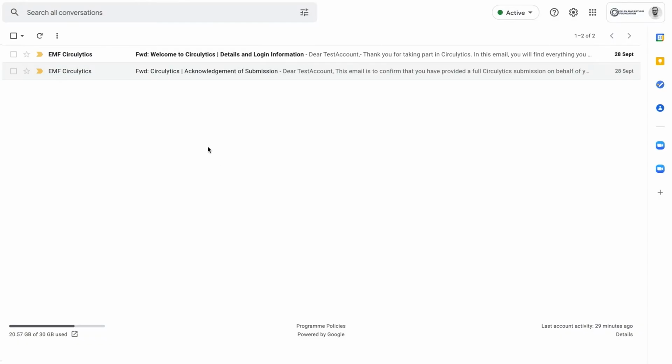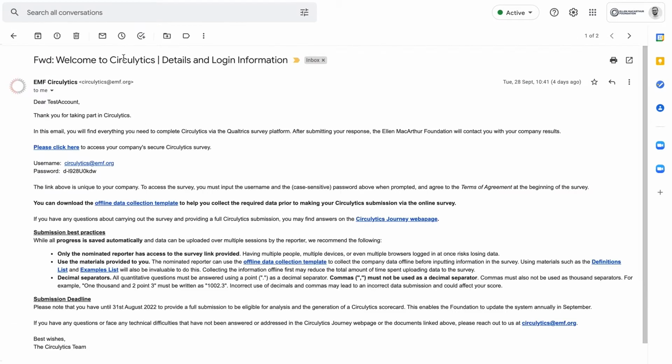If your Circulytics application is successful, it's time to collect your company data. This starts by accessing the welcome email that the company reporter will have received from circulytics@emf.org. This email will include a secure link to the survey platform provided by Qualtrics, along with the reporter's unique login